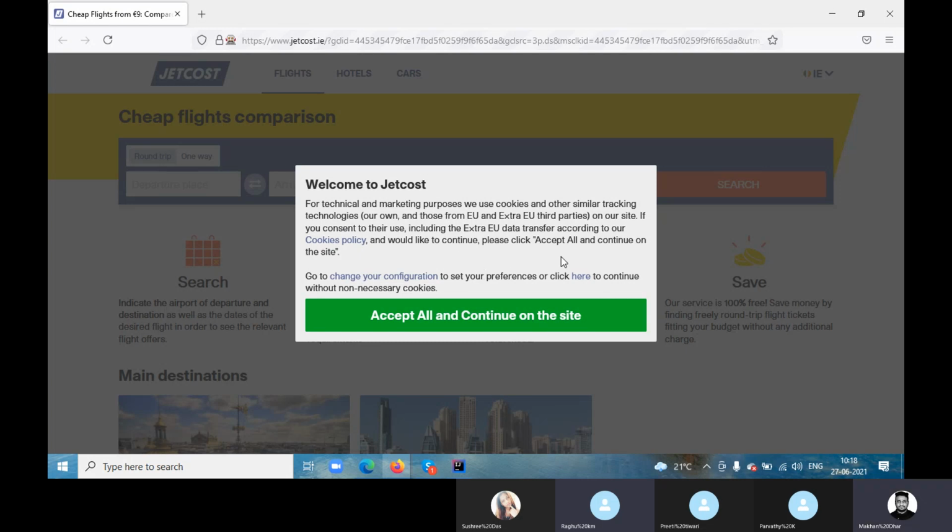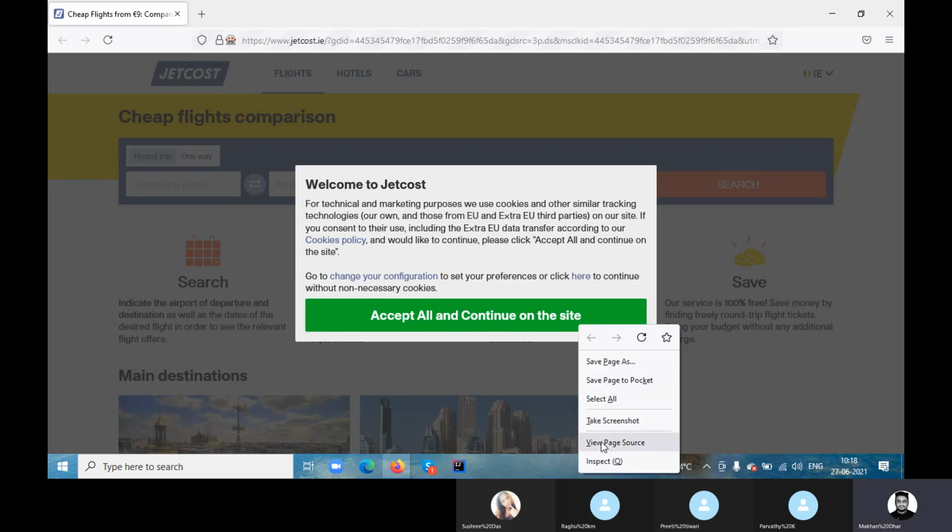Yeah. So see, I launched this application. Now the problem is I have to first accept all and continue on the site, right? I have to click manually, then only I will be able to see the application. So I have to inspect this first.